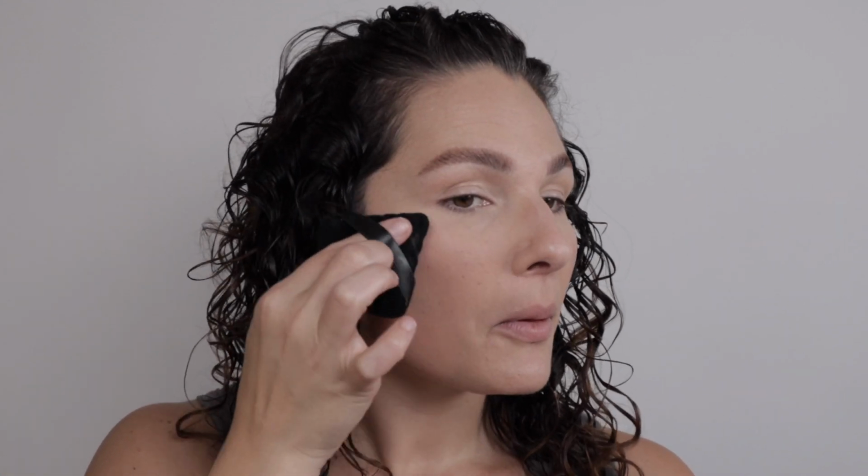Now I'm going back in with the loose powder with a powder puff. I'm gonna take it and then just lightly tap. Setting the face, and again, creating that soft, matte cloud skin. We could keep the skin like this because it's so beautiful and natural, but I'm just gonna do a little